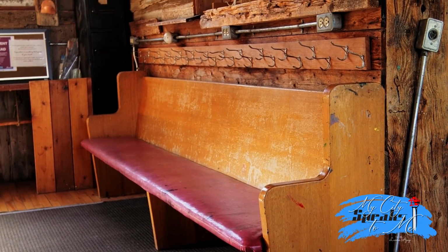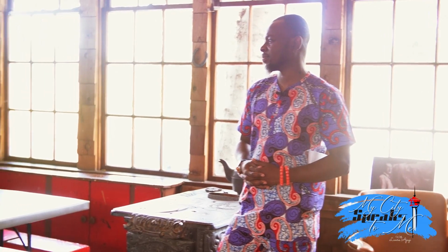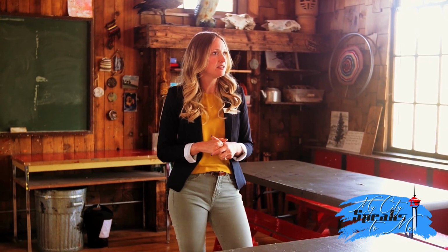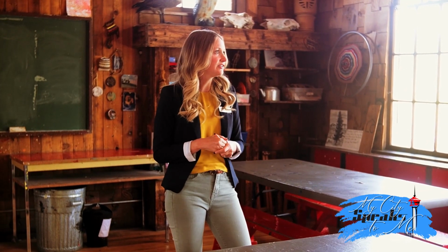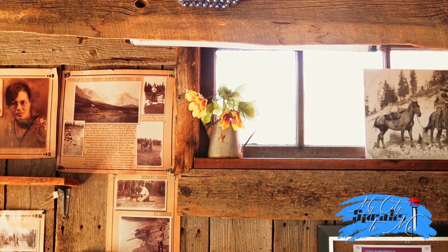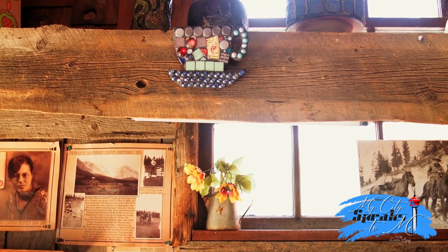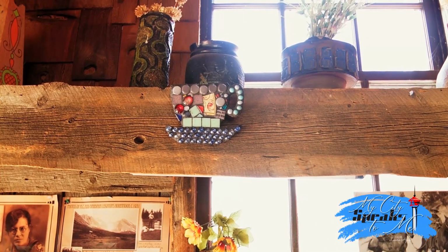On average, how long do the summer camps or the school programs take? Summer camps are a week long. The kids come every day, so they don't sleep on the property, and they're here from 9:30 in the morning to 3:30 in the afternoon. The school programs during the day are a little shorter, but as I said earlier, we have been changing our programs so that we can take kids even during the time of COVID. We're still playing with how long those are going to be, but they'll be day-long